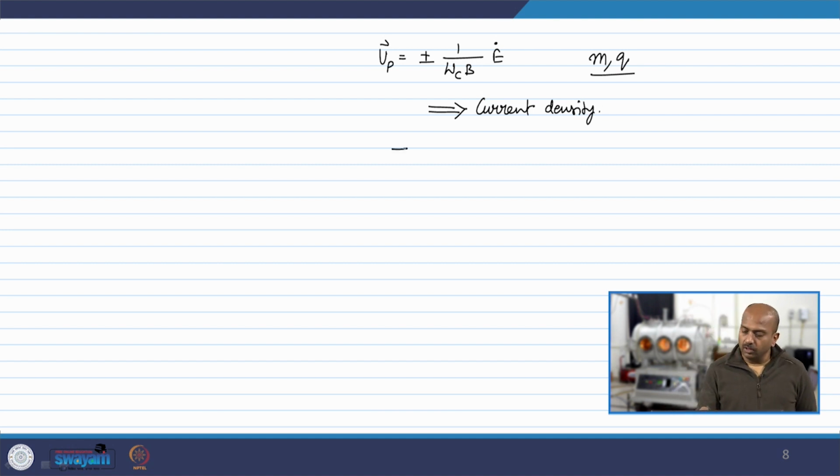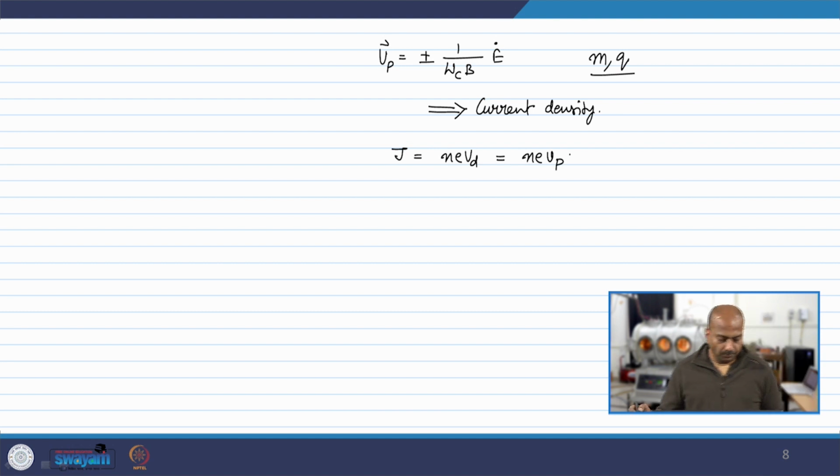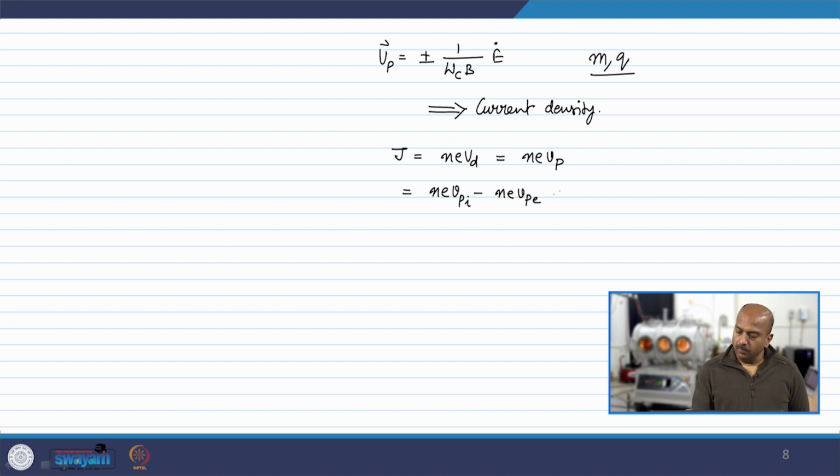So, we know the familiar expression J is equals to N e Vd, or in this case we will write N e Vp. So, this can be written as N e Vpi minus N e Vpe. Okay. Then we can write N e